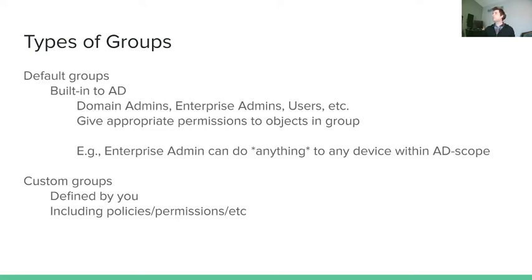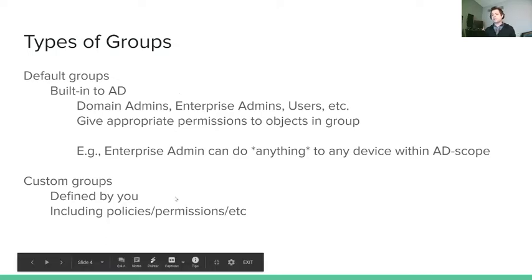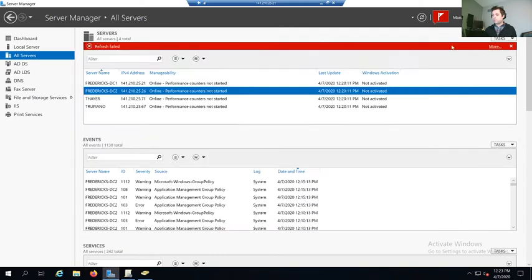I have to add a new user to my Active Directory infrastructure, but I don't have the privileges to do that. I might be in the wrong group. So again, it's going to be that whole principle of least privilege thing. And again, you can define custom groups too. So I showed that very briefly over here.